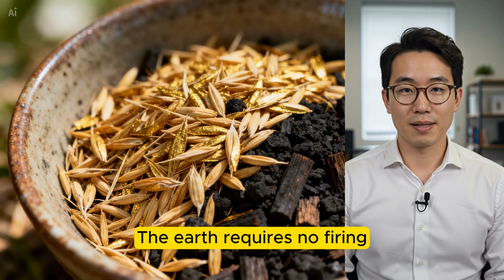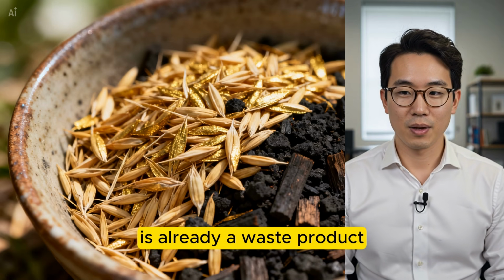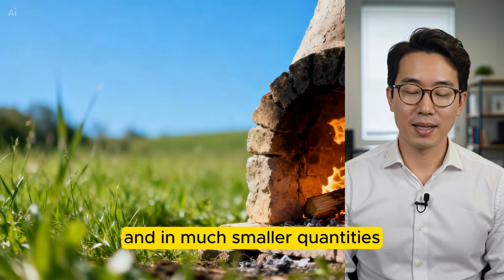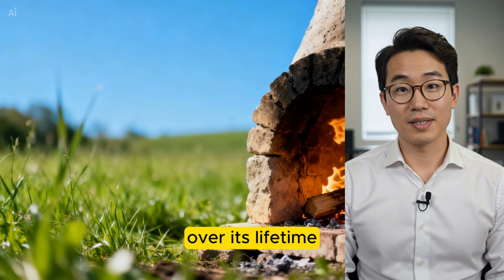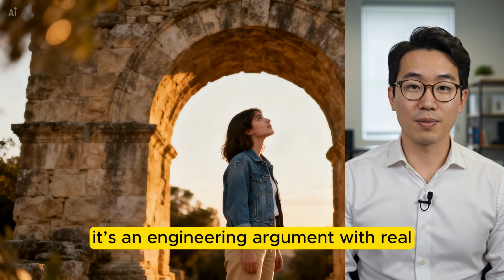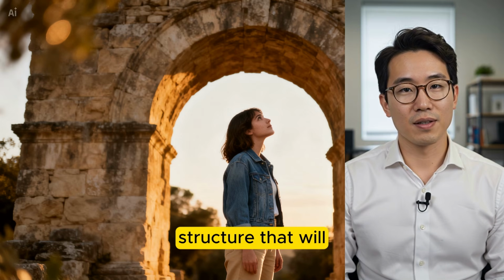The earth requires no firing. The pozzolan, when it's wood ash or rice husk ash, is already a waste product. The lime requires firing, but at lower temperatures and in much smaller quantities. And it absorbs CO2 back out of the atmosphere over its lifetime through carbonation. This isn't a moral argument. It's an engineering argument with real implications for anyone planning to build, retrofit, or maintain a structure that will outlast